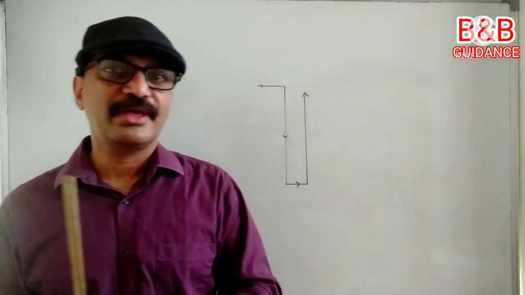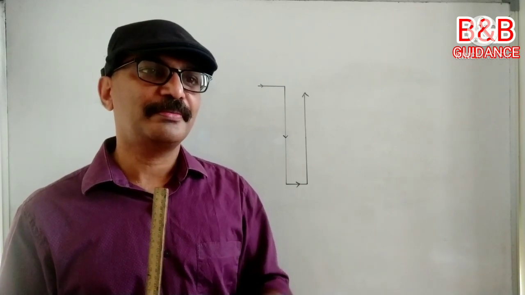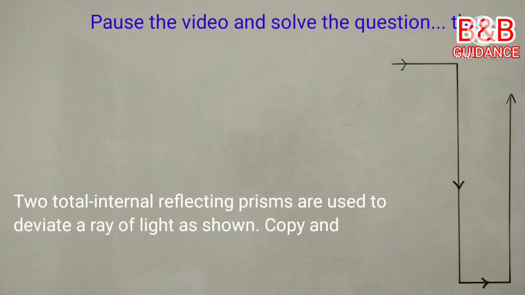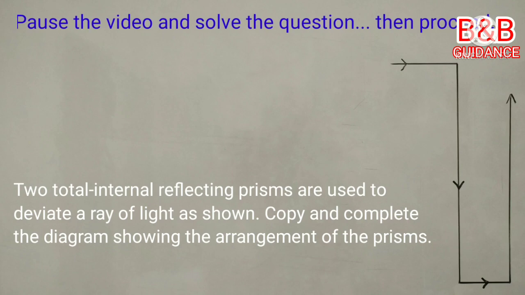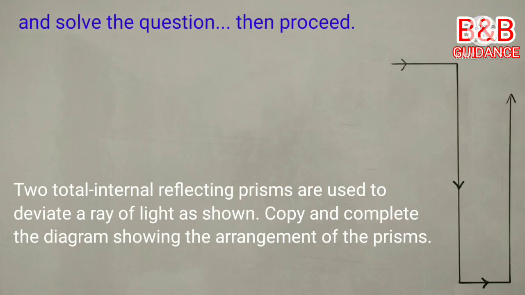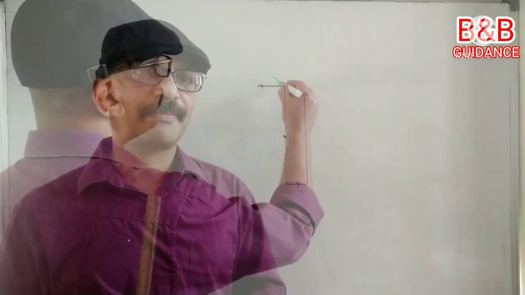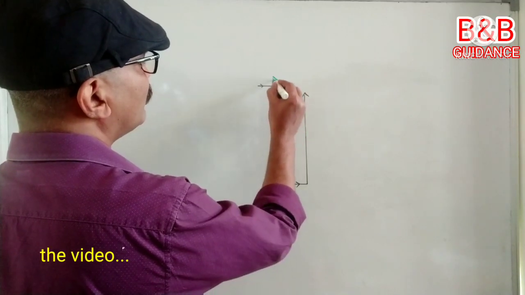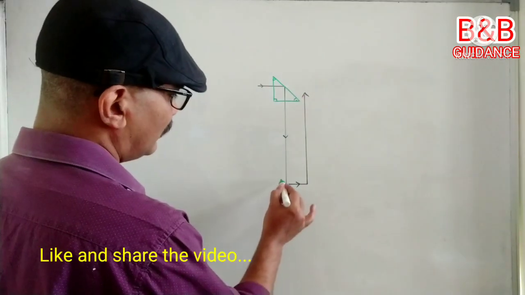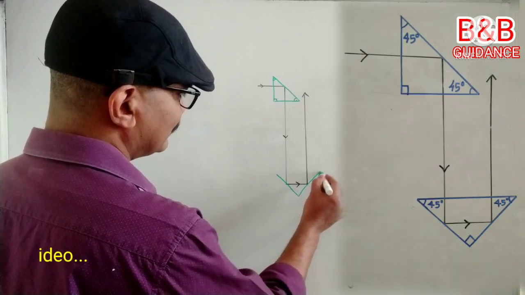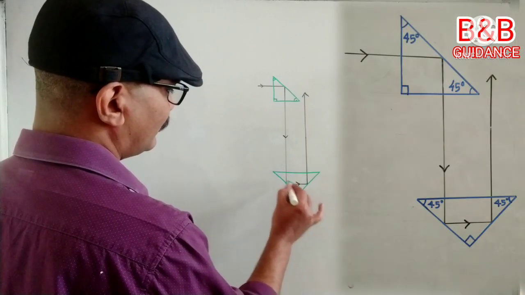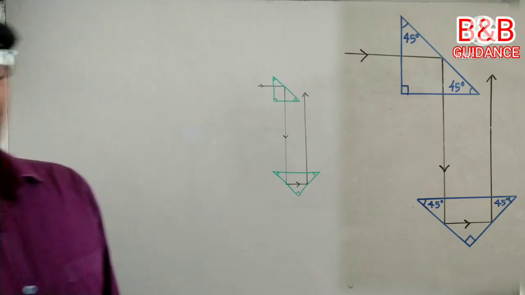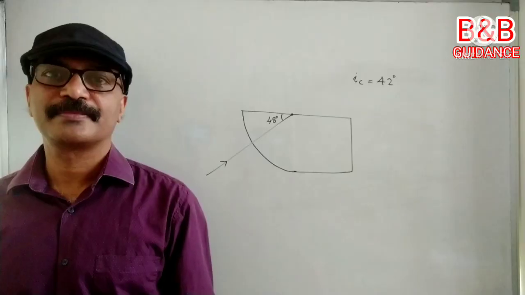I can say like this. A ray of light is bent thrice as shown in the diagram. One prism will be like this. Mention this angle is 90 degree and these two angles are equal. And next here the prism will be kept like this. This angle and this angle are equal. So the light will be bent thrice. Okay, very good. So shall I go for the next question?